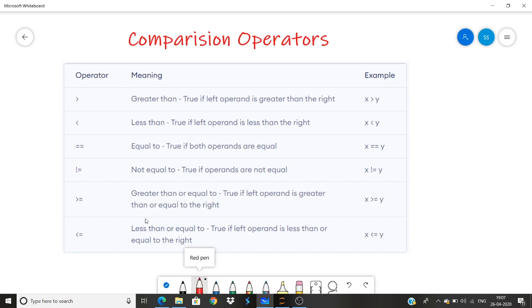Now what we see here is this. Just remember that x equals 5 is an assignment statement where we are assigning the value 5 to x, but this double equal to is a comparison statement where we are asking, okay, x, are you actually equal to 5 or not. This is a basic mistake which programmers make at an early stage, so I just wanted to make sure that you keep this in mind.